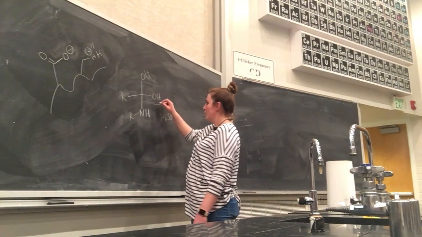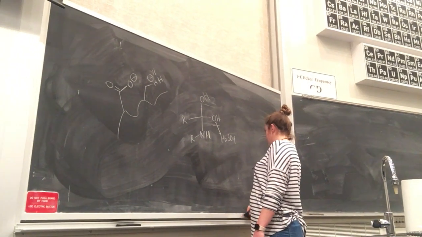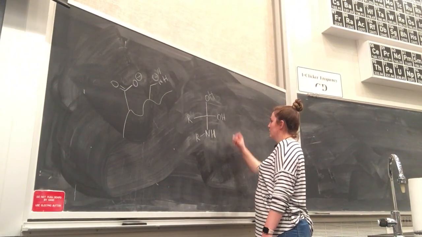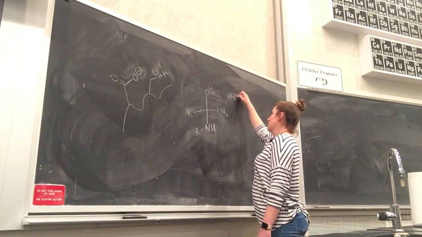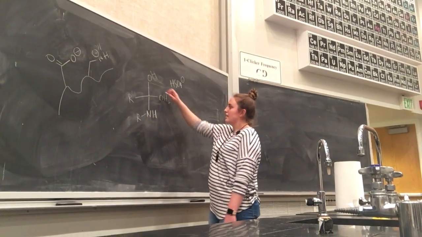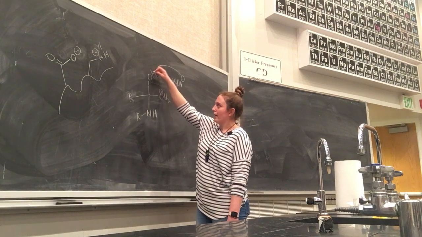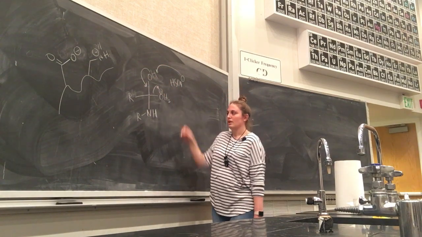So oftentimes you'll protonate this first. And then you have this deprotonated acid in solution. So then this is positively charged, and then you can take this hydrogen back, push those electrons down here to kick this off. And then you've formed